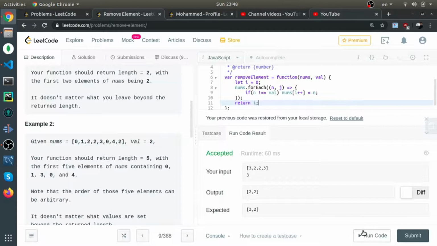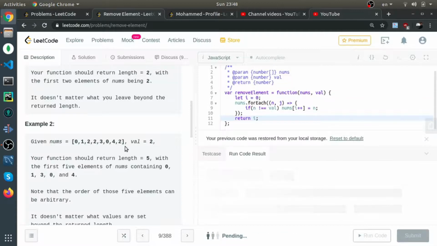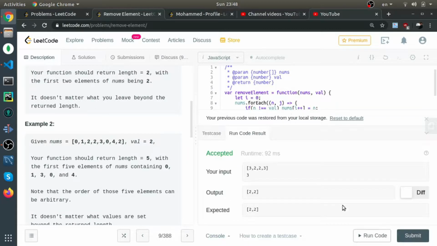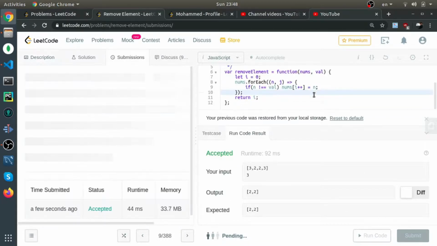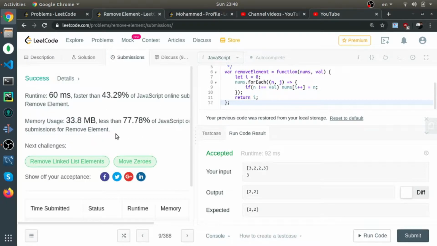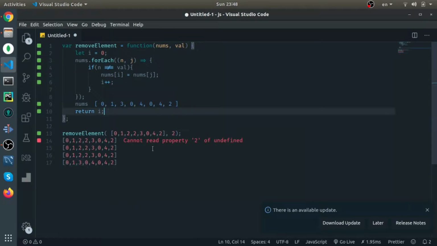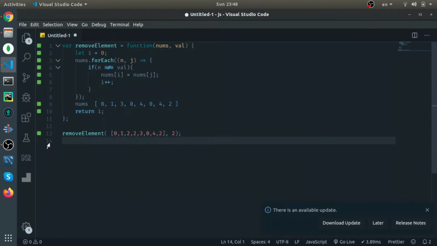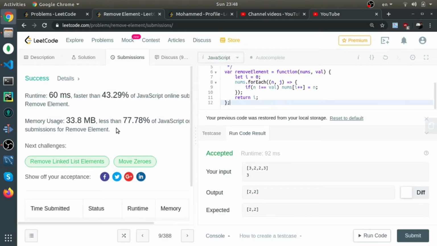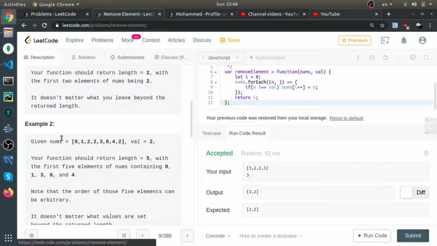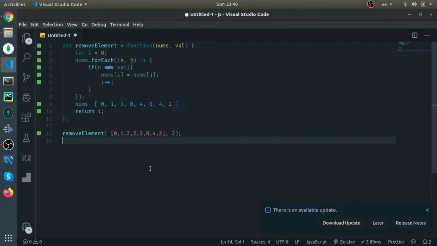So let me try to run it. I'll try to work through this example to explain it to you, but I think that's pretty much it. I already put this here, so this is the second example. And if you want to trace it,